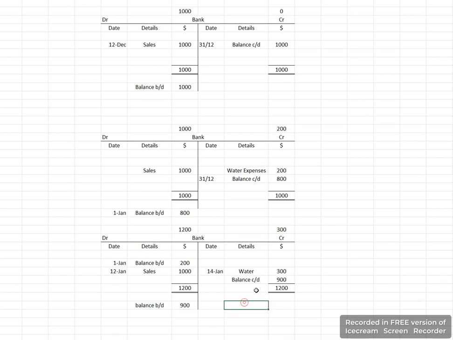And remember, whatever you have as balance CD over here, balance BD will always be identical on the other side. Remember, this is a balance BD for 200. That means that